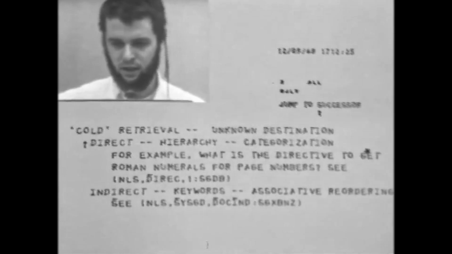By the use of a hierarchy here, I mean working down through the hierarchical structure of the file, making use of the categorization that's built into the file. This we've seen several times.